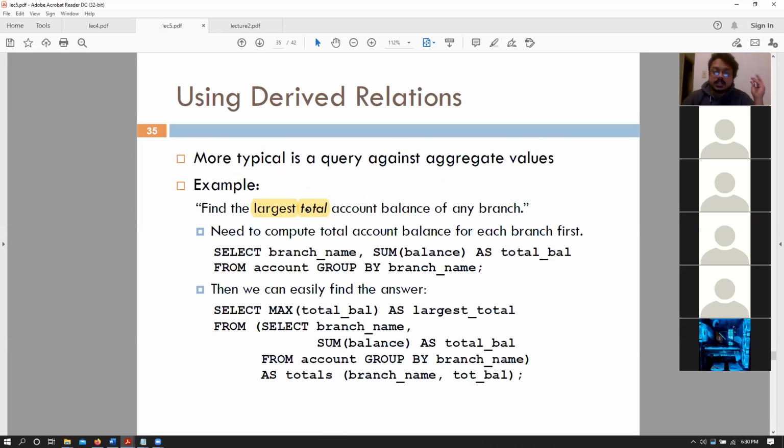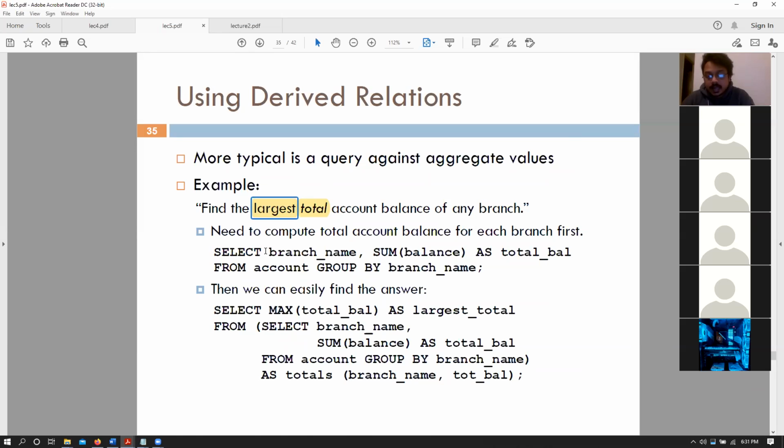The moment we see this question, we have to understand that it requires two aggregate operations, right? One is to find the total account balance for each branch, and then we want to find the largest of those total account balances from all of those results. So these are two separate aggregate operations. First, find the total, and then find the largest, right?